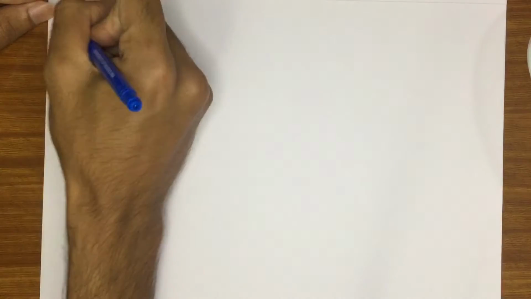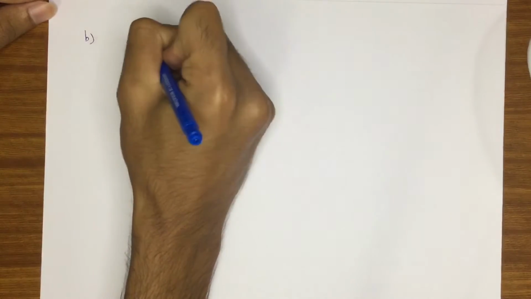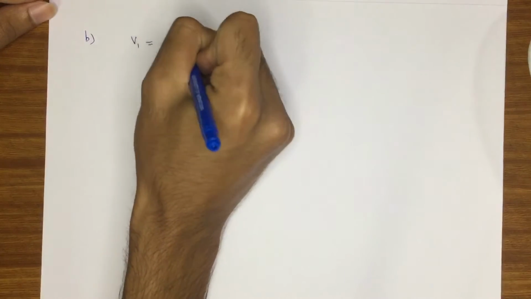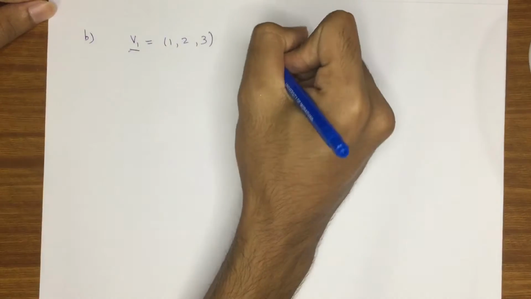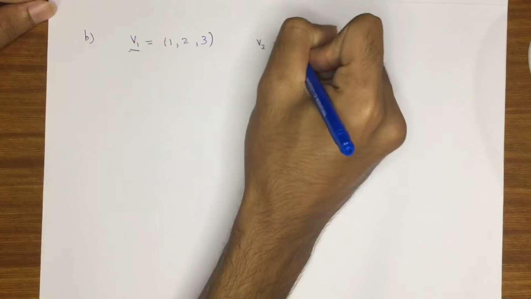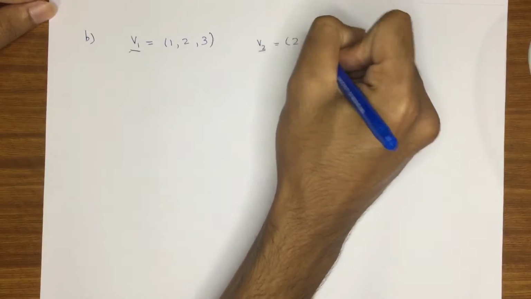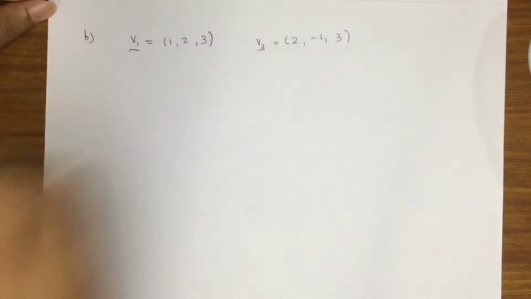In the PDF you can see this question in the first main section at the B part. Hope you have already tried this. After that only, please watch the rest of the video. Okay, let's start this. Here they have mentioned there is a vector v1 (1, 2, 3). They have given the coordinates of these vectors, and here they have given v2 (2, -1, 3), defined